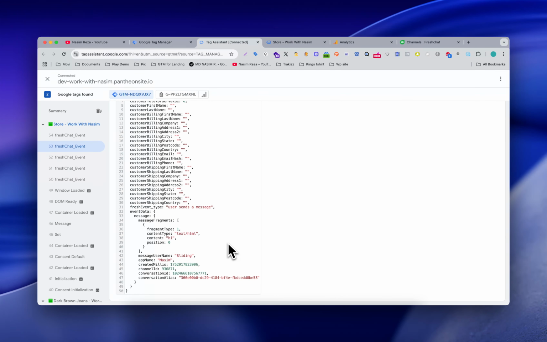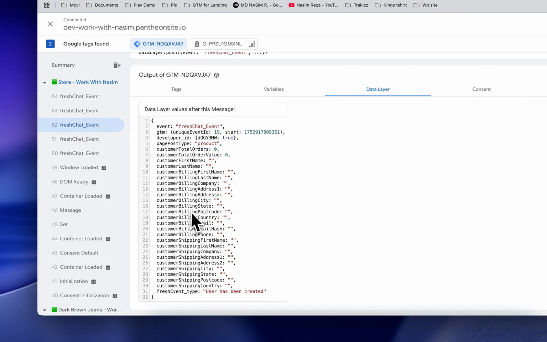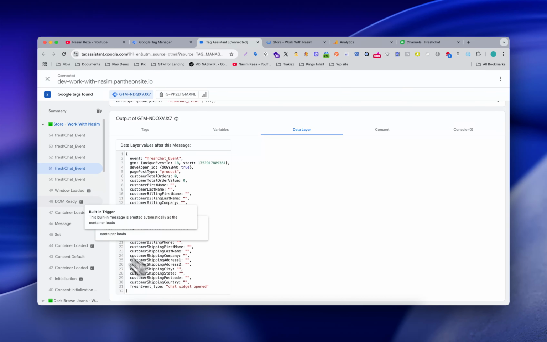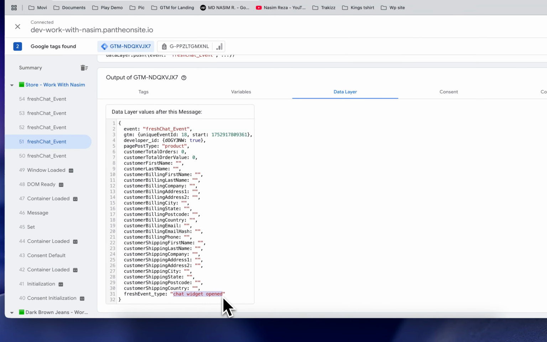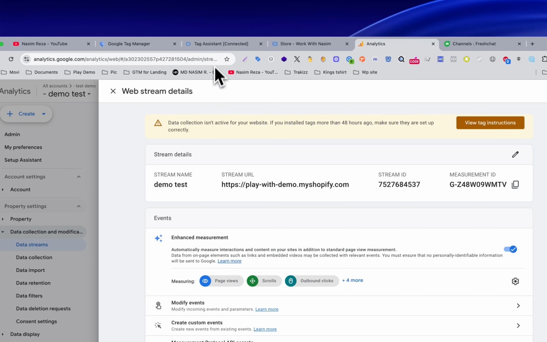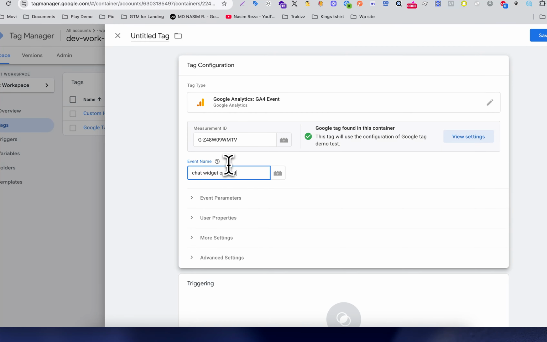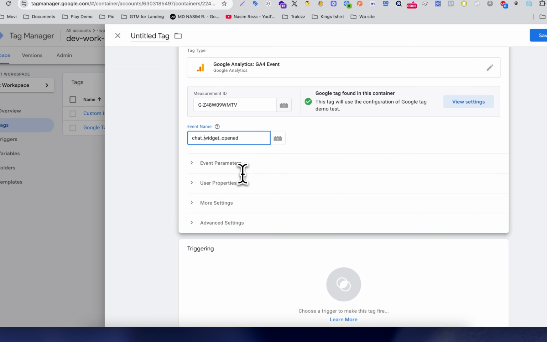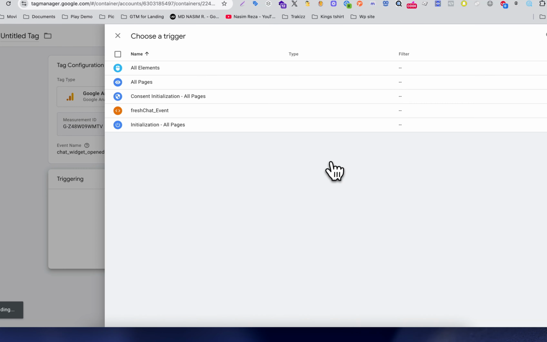Here you can see this is chat open. This is our event name, so we can send it to our Google Tag Manager. We can modify the name with an underscore because this is Google Tag Manager friendly, and just select the